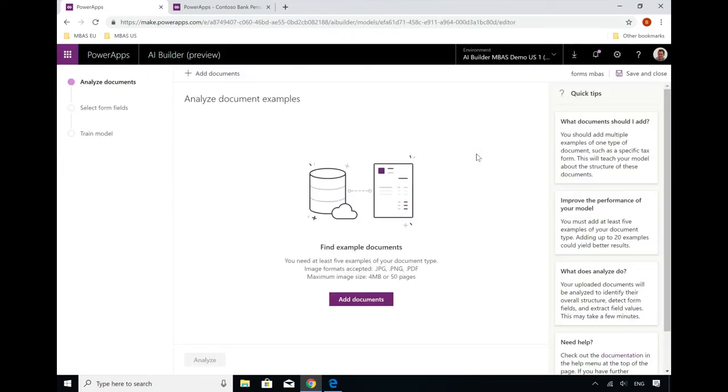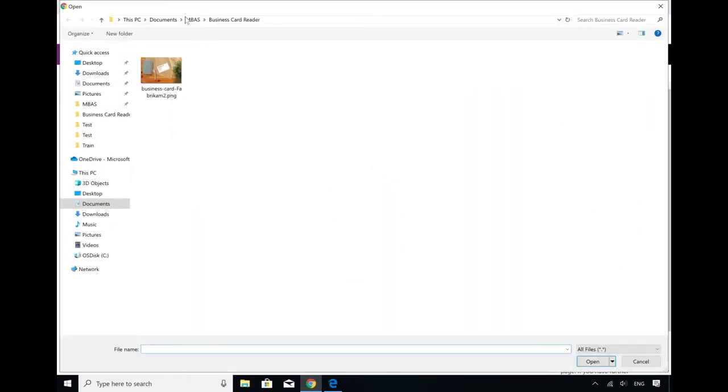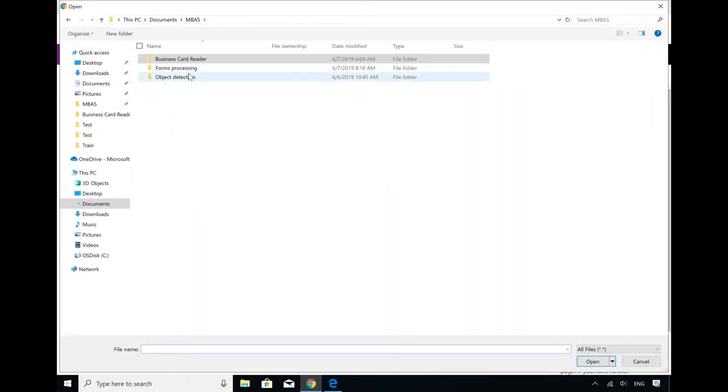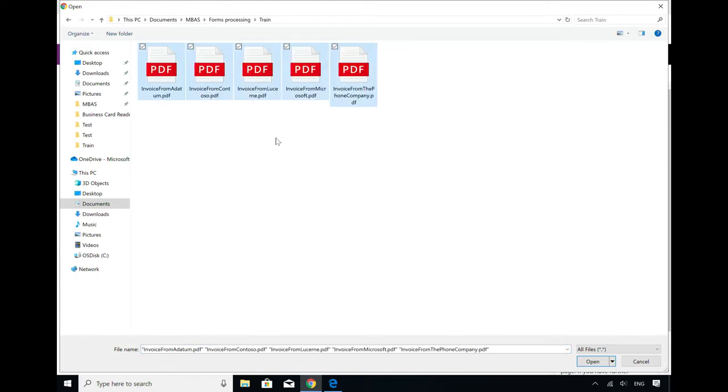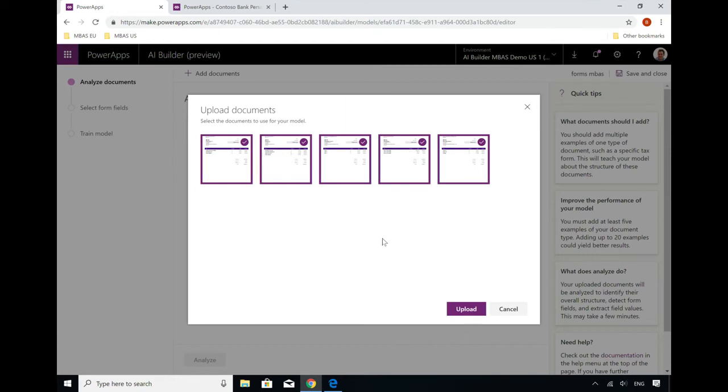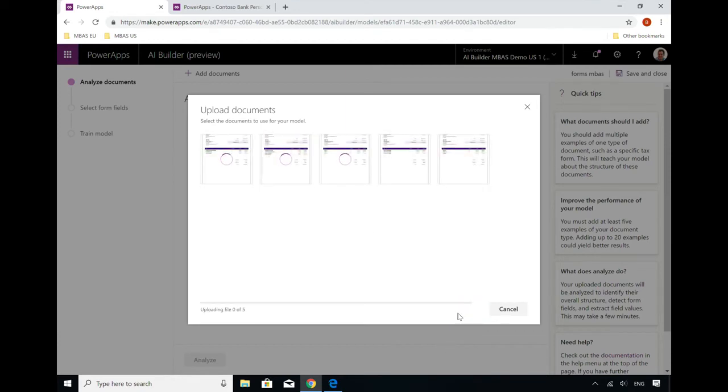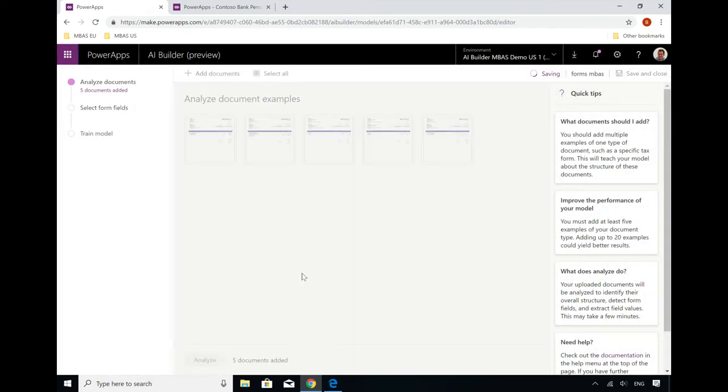And I'll go through the first step that is about providing examples of such a form. So I have a bunch of documents here. We need a minimum of 5 documents, and I'm just going to upload those documents into that project. And when it's done, the first step is to analyze those documents. And so it's going to take a minute, and while it's doing that, I'm going to describe a little bit